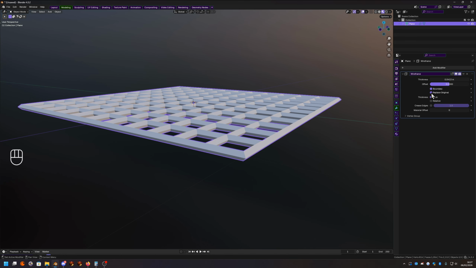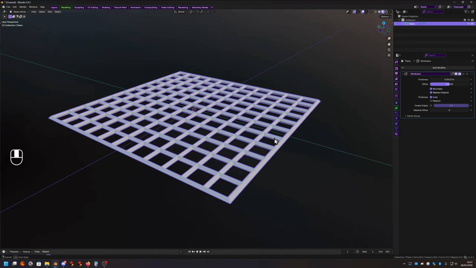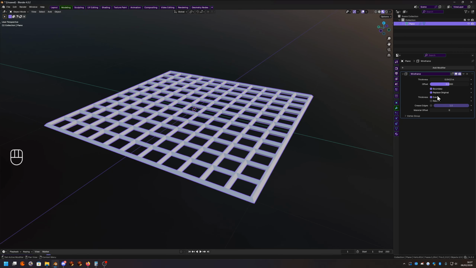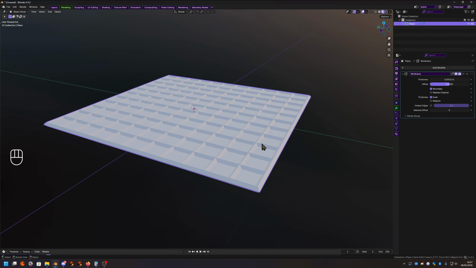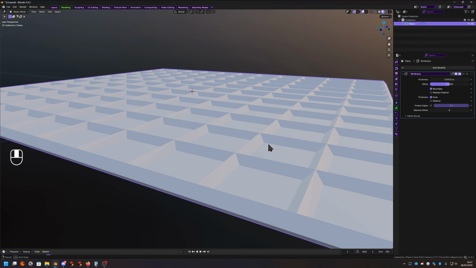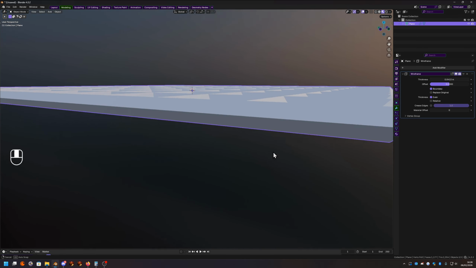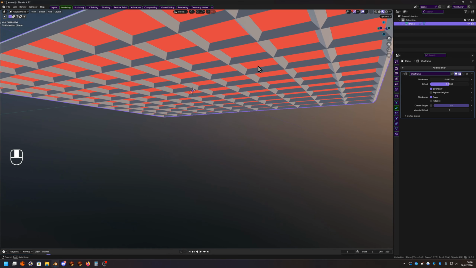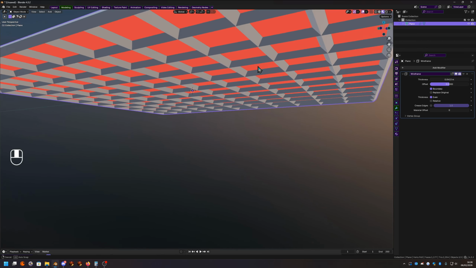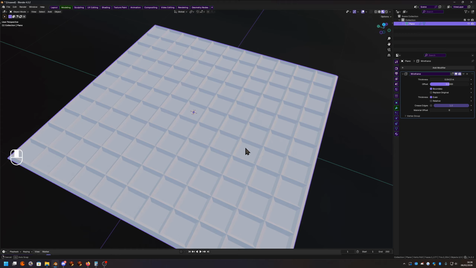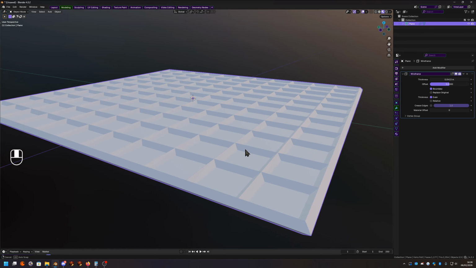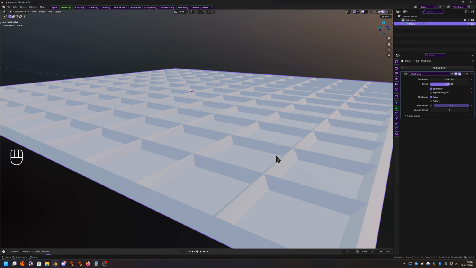Replace original will replace the original plane with this wireframe grid. If you turn the replace original off, it'll keep the original plane, and the wireframe grid will be positioned half and half above and below it. Because we're wanting holes, we don't want to keep the original. But if at some point you do need to keep the original, that is something you want to do,